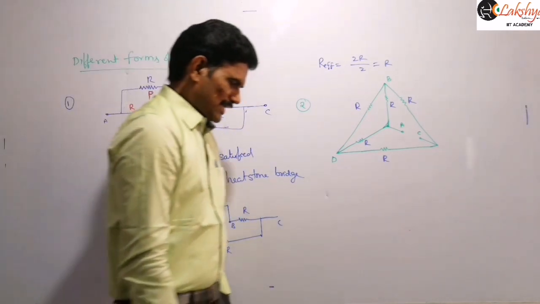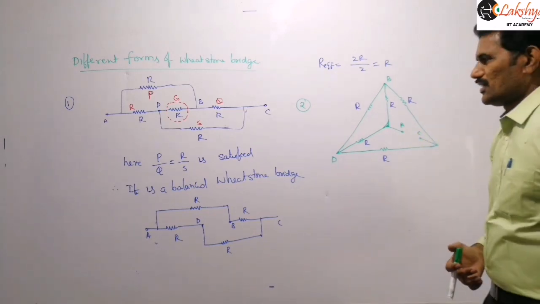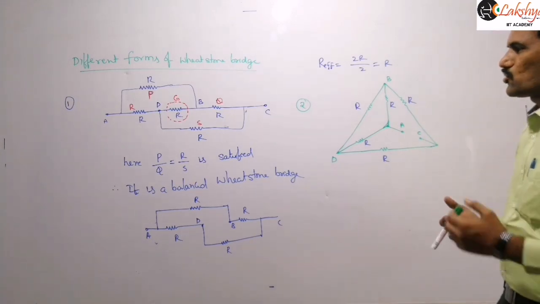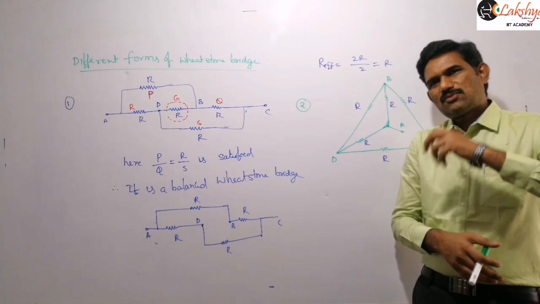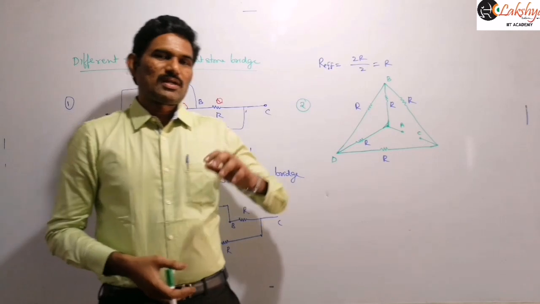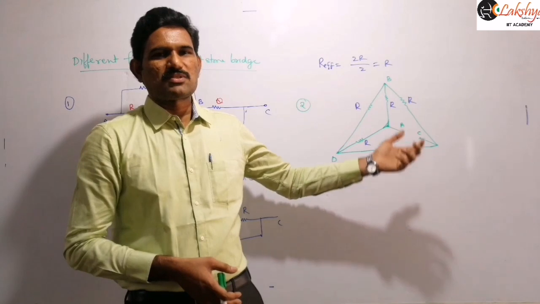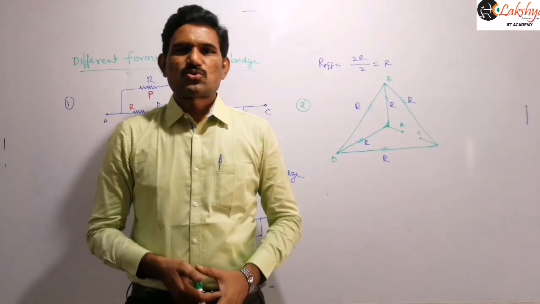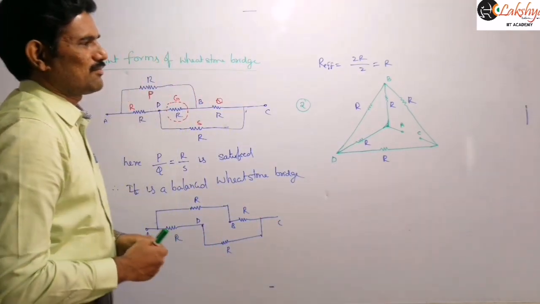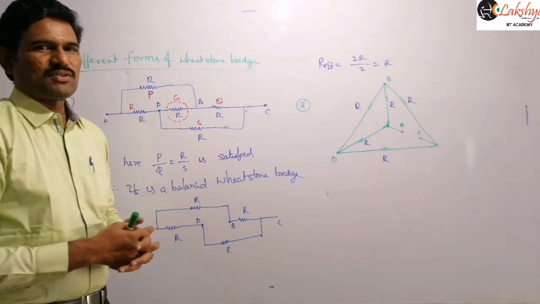Now there also you can identify that easily. So then it is also a form of Wheatstone bridge, right? You just need to identify how it becomes a Wheatstone bridge and which is the position of the galvanometer. If you identify the position of the galvanometer and if it is a balanced Wheatstone bridge, then you can remove that resistance which is connected in the position of the galvanometer. Then the circuit will become a series and parallel combination so that you can solve such circuits easily, right? And so now can you say how to convert that into a Wheatstone bridge, or what is the position of the galvanometer in that circuit?